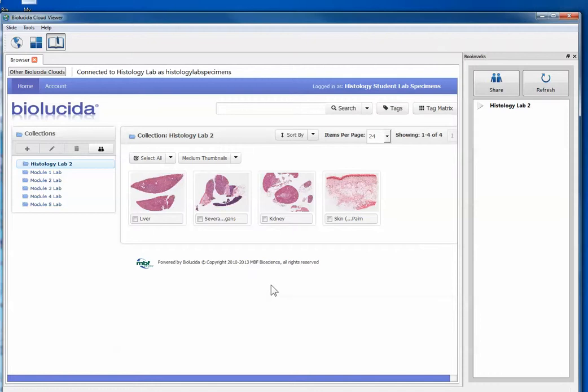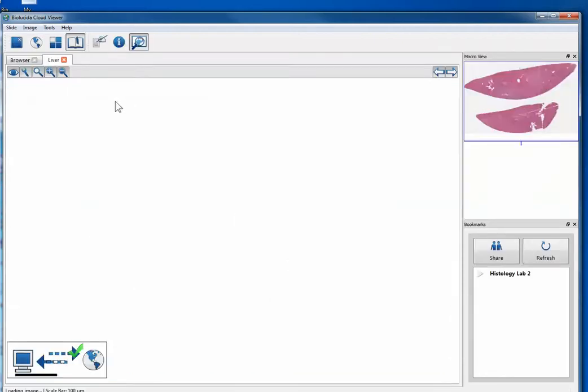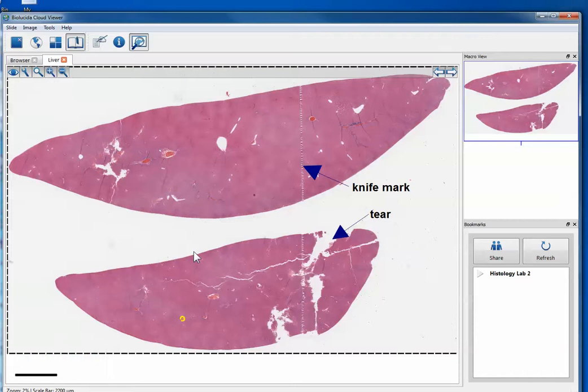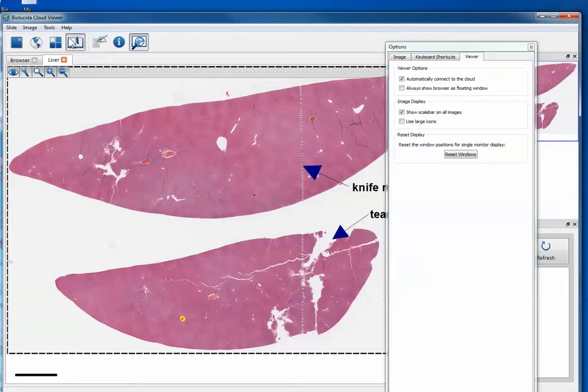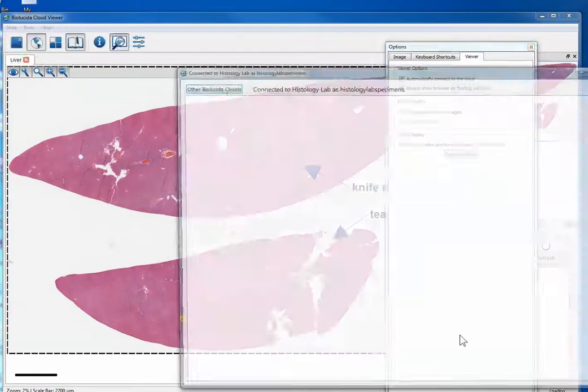BioLucida viewer quiz within Blackboard, quiz within BioLucida, where you're accessing specimens, because when the specimen is open, you can have one specimen at a time open and you will have Blackboard open. However, you can actually make two windows. You don't do it by the grid markup here. That's just to do comparison side by side. But if you want to have a Blackboard quiz floating window open as well as a second window with the specimen, then you go to Tools, you go to Viewer Options, and then you click on Always Show the Browser